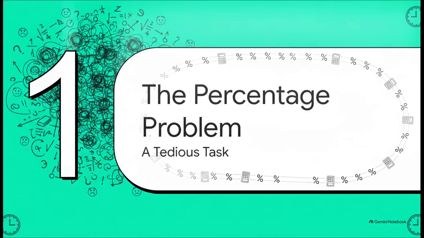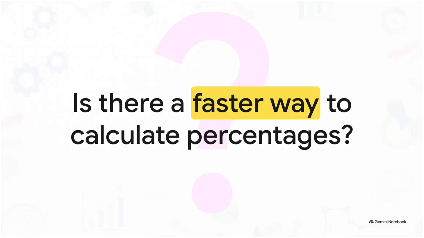Section 1. The percentage problem, a tedious task. Let's talk about why the way we learned this stuff in school can be so incredibly frustrating. I want to ask you a very direct question. Is there a faster way to calculate percentages? Think about a typical problem. Say you want to increase $275 by 65%. Now, the traditional method tells us to first find 65% of 275, which is $178.75. Then we have to take that number and add it all the way back to our original 275 to finally get our total of